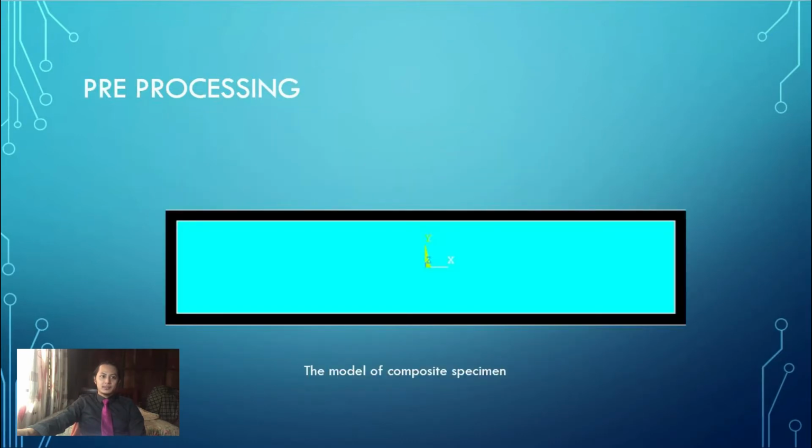This is pre-processing. Pre-processor initiates the simulation as structural material is set as preference. The layout sequence was set up under section tag where 8 layers of laminate ply with thickness of 0.25 mm each were oriented in a symmetrical angle ply layout. Figure shows the model of composite specimen in ANSYS. The axis X, Y, Z is shown.